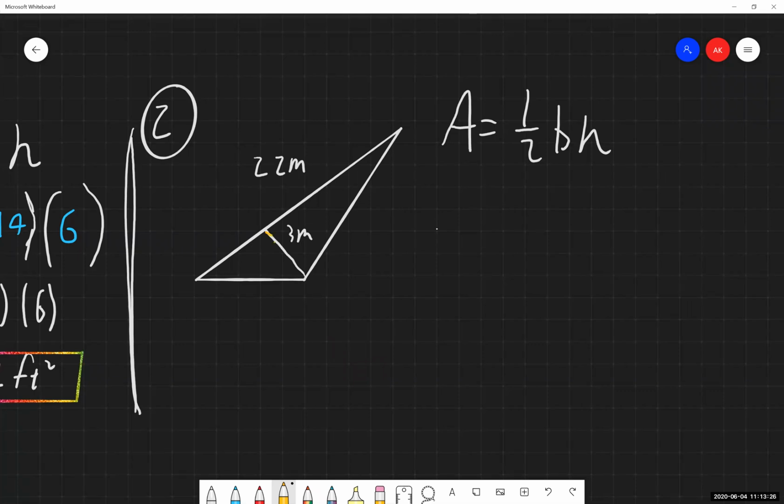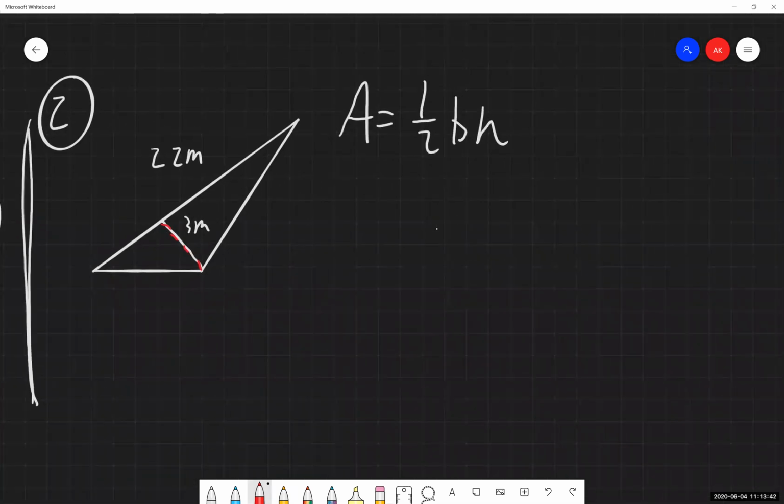The height is going to be dictated by this. I'm going to put that dotted there. I'll do it in red, have it stand out a bit better. There we go. The height is that distance that we have there. There are ways that we could go about calculating and determining that height for ourselves if it has not been given to us, but that's going to be for a later class and not something that I'm going to be testing you guys on.